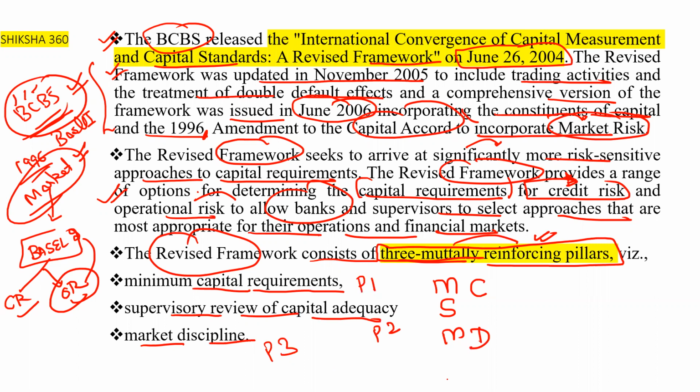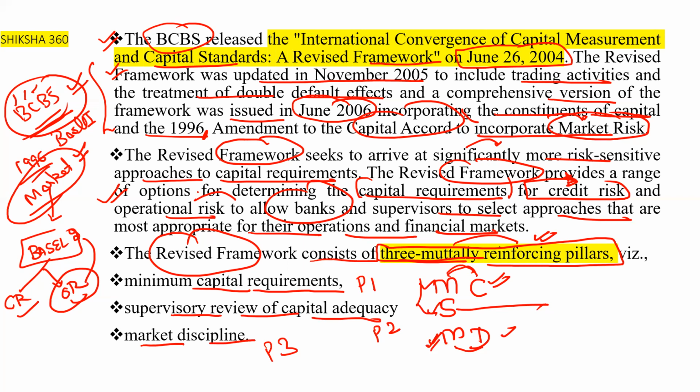So many students are confused. Basically, sir, which M will we take first? So first one is MC, MSM. You have to remember that MSM. We can say Mahinder Singh Mahi. So this is MC, this is S, supervisory review, this one is market discipline, this one is minimum capital. Clear? So you have to make your own shortcut to remember, because we expect a